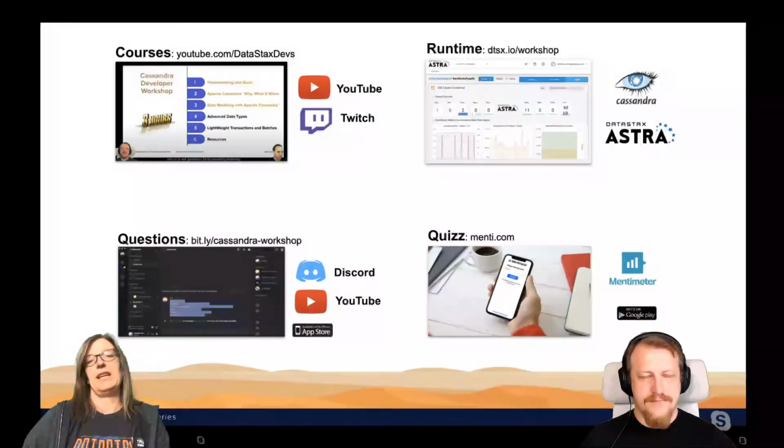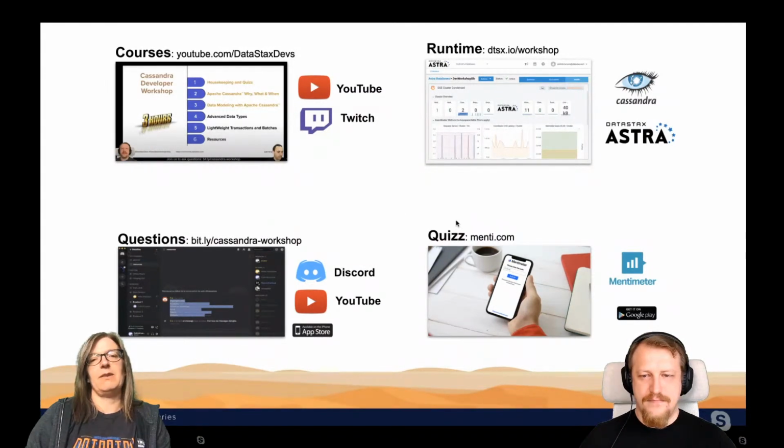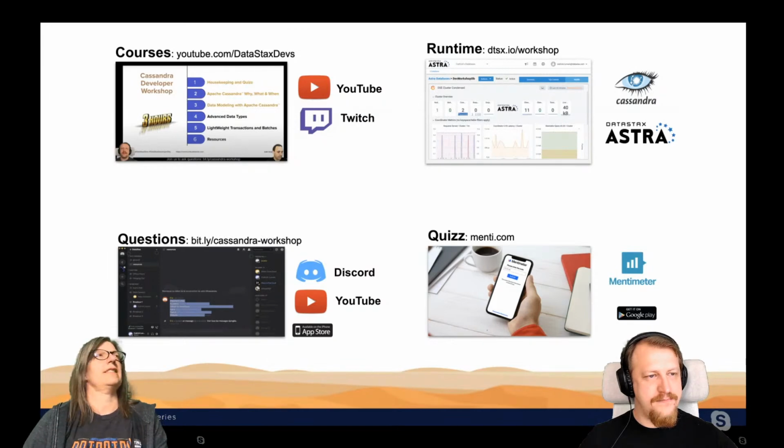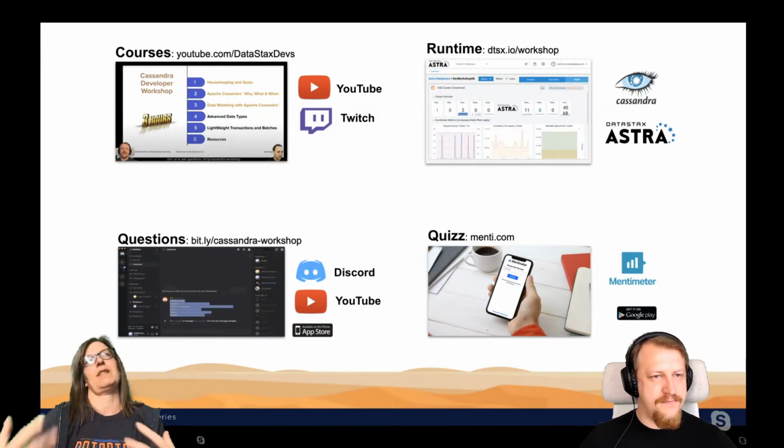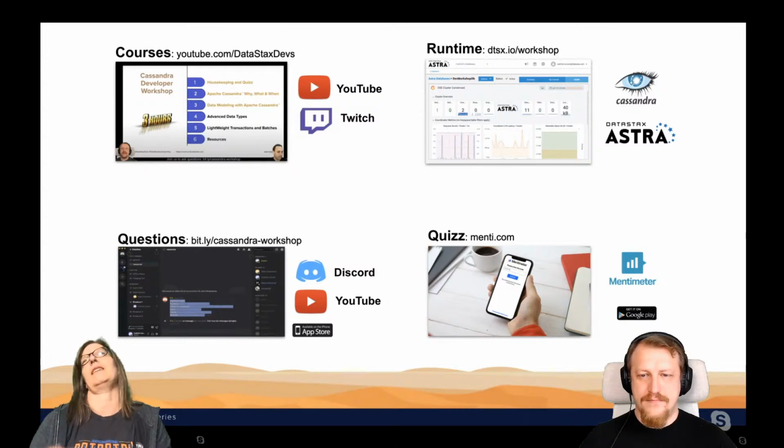And today we're going to be using Astra, the DataStax Cassandra as a service. And you don't have to install anything, but you would have to register in order to use it. And we very much encourage you to do that so that you can use the free tier to run this application and host it there.